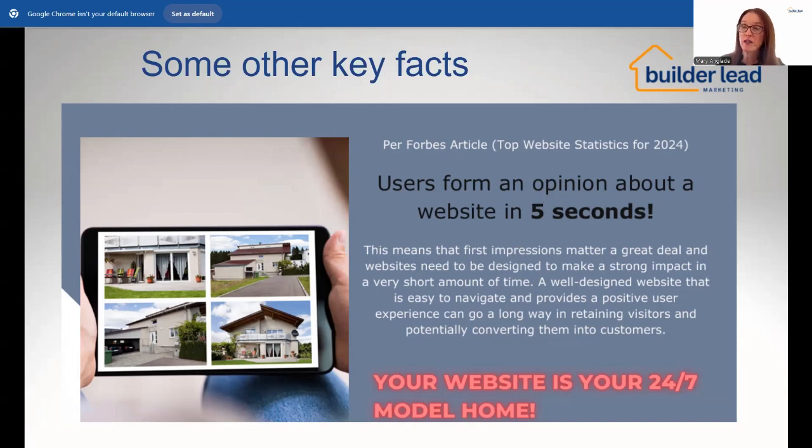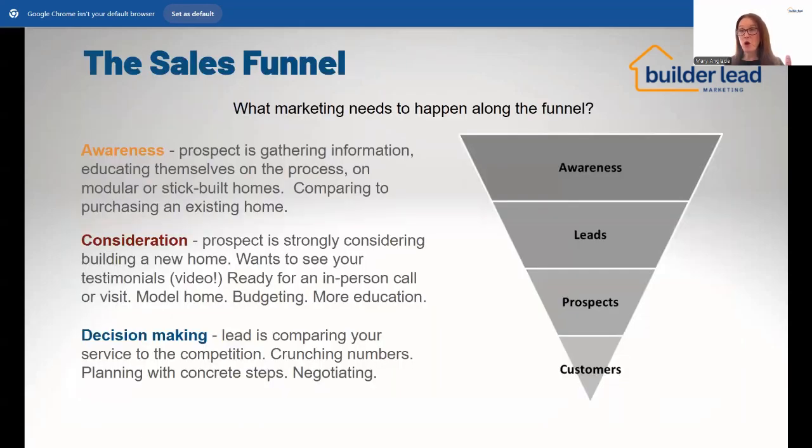You are not necessarily your business. Your website is. And so, is it doing you justice? So I'd like to just take a moment to